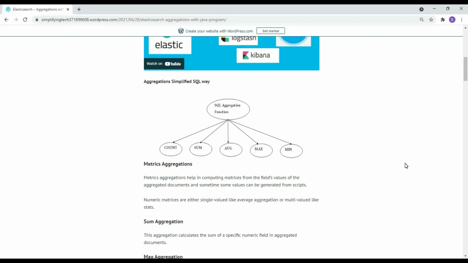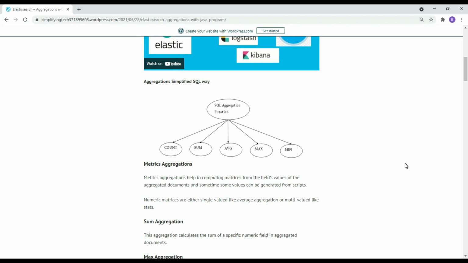Aggregation is basically, suppose you have a data set and you want to count the number of records, or you want to sum particular records, or find the average of particular records. You may have to find the maximum or minimum of those records. For that we can use aggregation. Aggregation can be done in Java and also in SQL. Currently we are going to see aggregation.